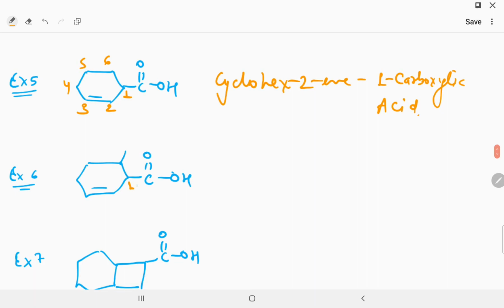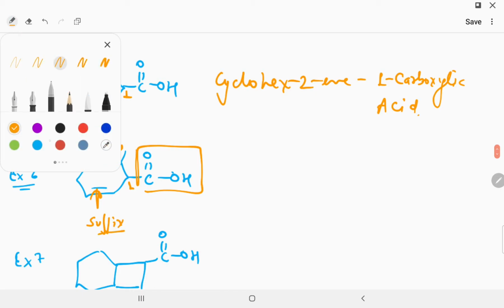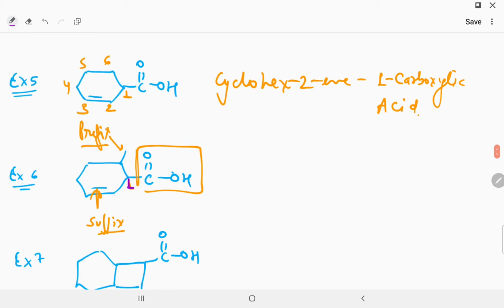Okay, now in example number 6, there is a methyl group and there is also a double bond. After choosing the functional group, we have to give the minimum number to the primary suffix. If you remember, the methyl works as a prefix, and the double bond works as a primary suffix. So we start numbering with 1 from the carboxylic, then the double bond gets the minimum number 2, 3, 4, 5, 6. So we say 6-methylcyclohex-1-ene